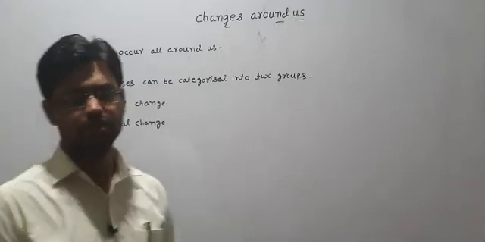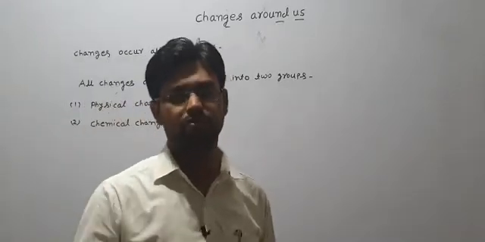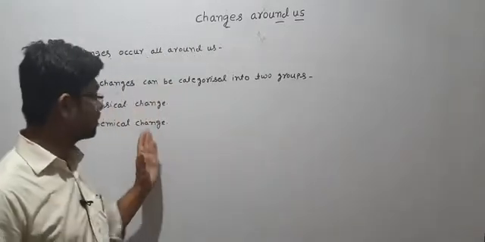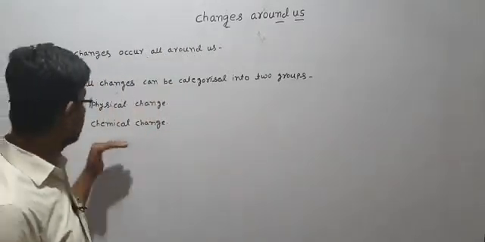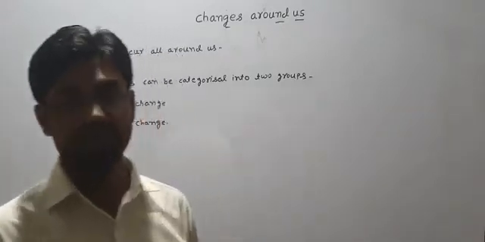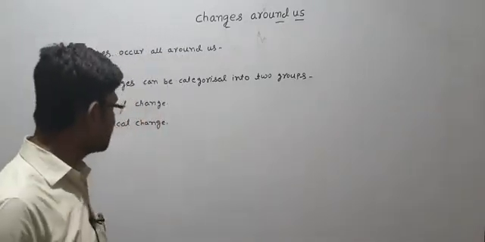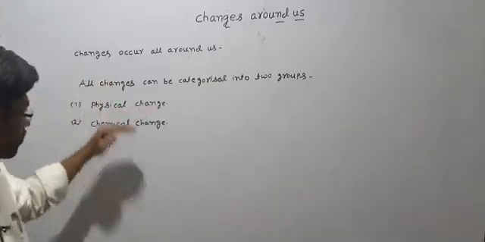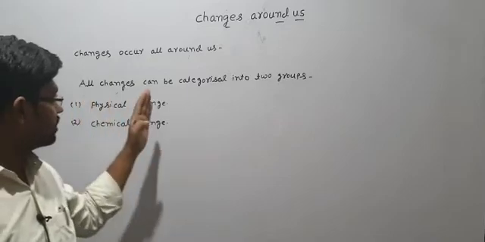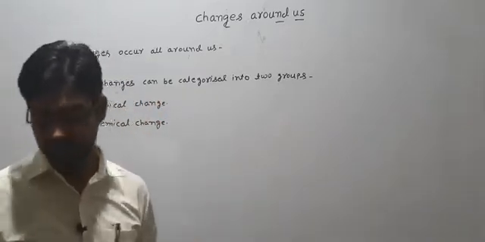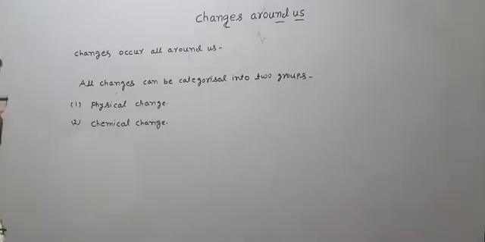And chemical change, you just burn that paper, so when you burn it changes into ash, so in that way that cannot be reversed again. So in chemical changes completely the product changes, that's why it is known as chemical change. In chemical composition certain changes take place. So one by one we try to understand these two changes. All changes can be categorized into two groups, that is physical change and chemical change. Let's see what are the physical change and chemical change.